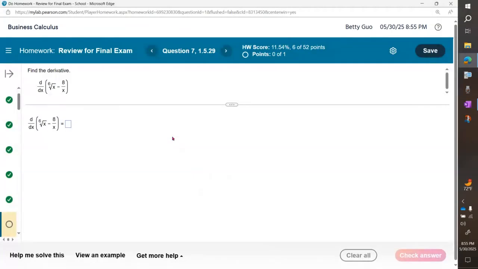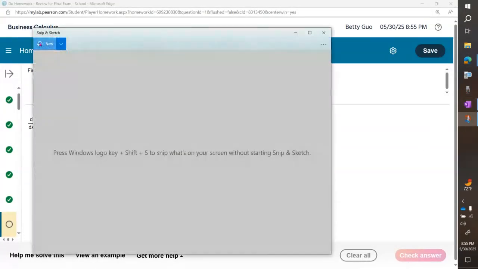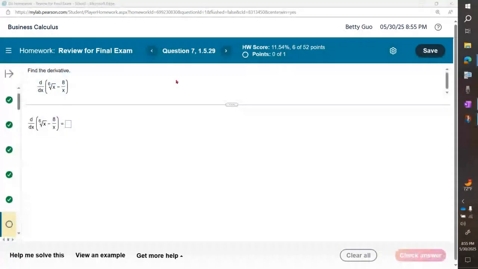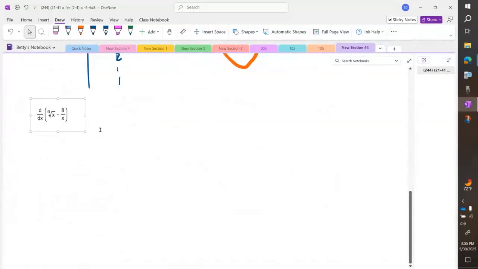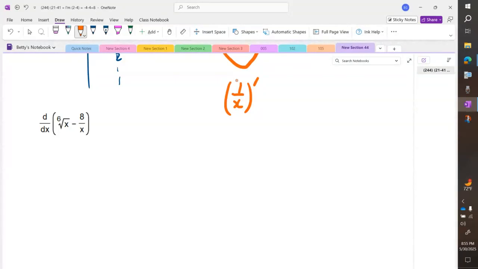Question number 7 is to find the derivative. I mentioned it's helpful to know the derivative of 1 over x is negative 1 over x squared. And in this problem, we can use this formula for the second part of the function. The first part is